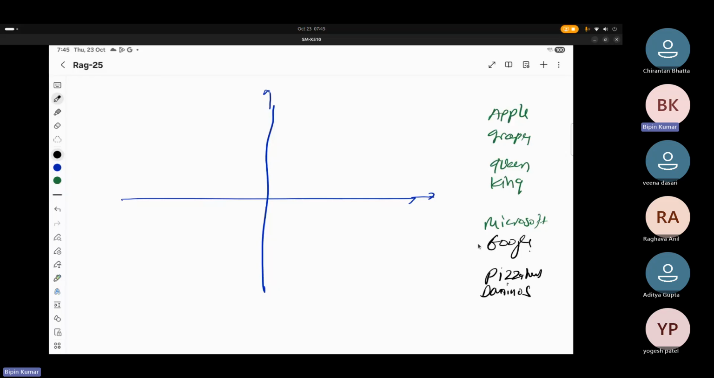Okay. So if I generate the embedding, now these embeddings are very smart, meaning they are able to capture the semantic meaning. Semantic meaning means it is able to capture based on